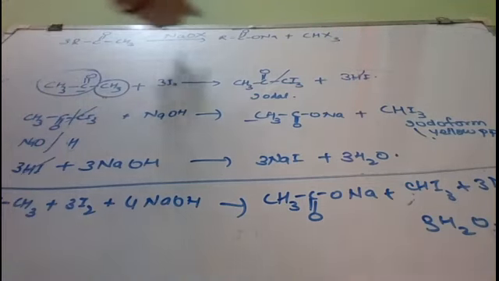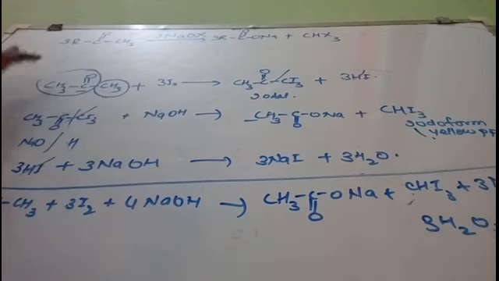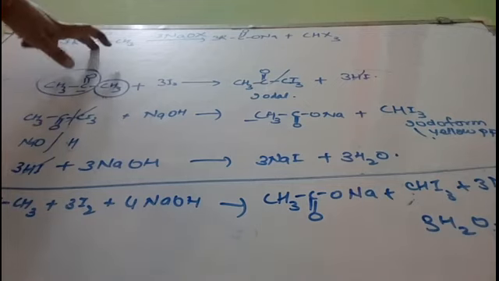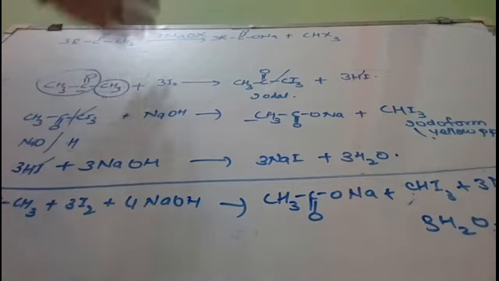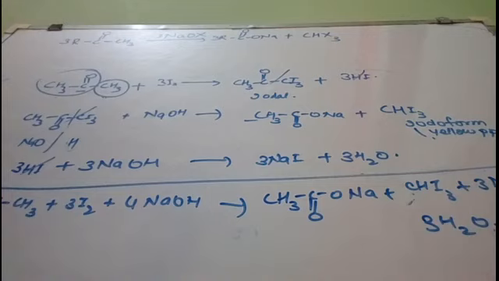We need to balance this reaction. Here we require 3 moles, 3 moles will be formed. Here also we require 3 moles. Right? Then this will be formed. So these are the same reaction. You can write it in 3 steps, you can write it in a single step, or you can write it in this form. So all are forms of the haloform reaction. Understood? So that is about the haloform reaction.